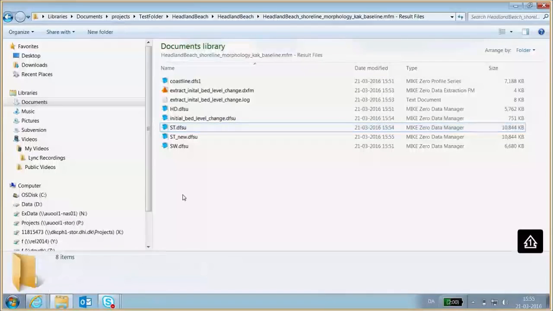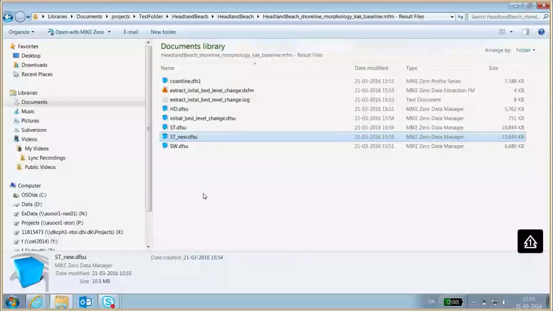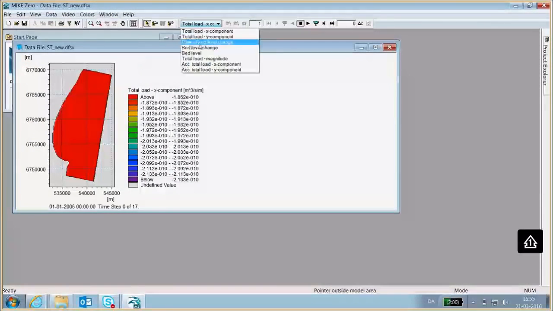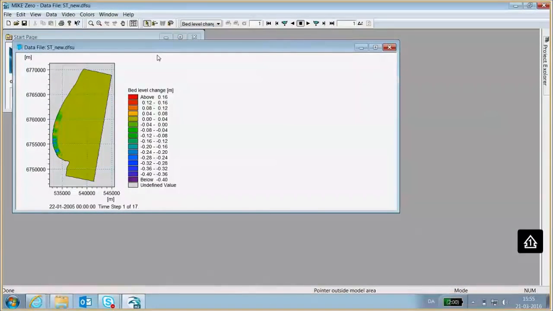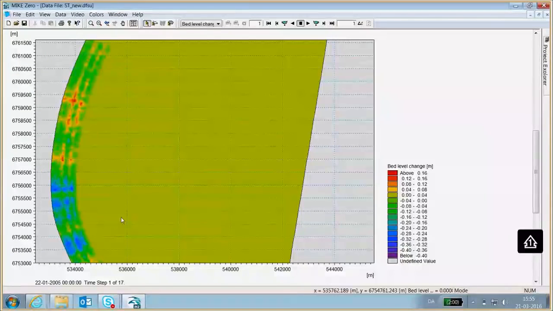So now we're going to introduce an offshore breakwater which can help to mitigate some of this erosion that we are seeing. So again, the erosion that we are seeing is located in this area. So let's say maybe we had some critical infrastructure located in this area here that we wanted to protect. Then we could introduce an offshore breakwater along this shoreline here, place it at the correct location, and then we will see if we can alleviate some of the erosion in this area.